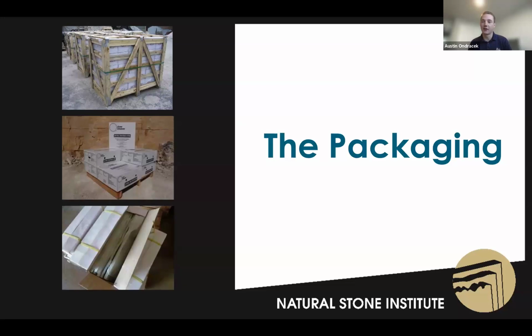And tying into that with the machinery is packaging. So pallets, or palletized natural stone, is generally shipped on trucks. They use those pallets and reuse those pallets. They will actually do rebates and buybacks from pallets that are finished after that first delivery. And so that's an incentive to reuse and recycle those pallets, bring them back to the quarry, back to the